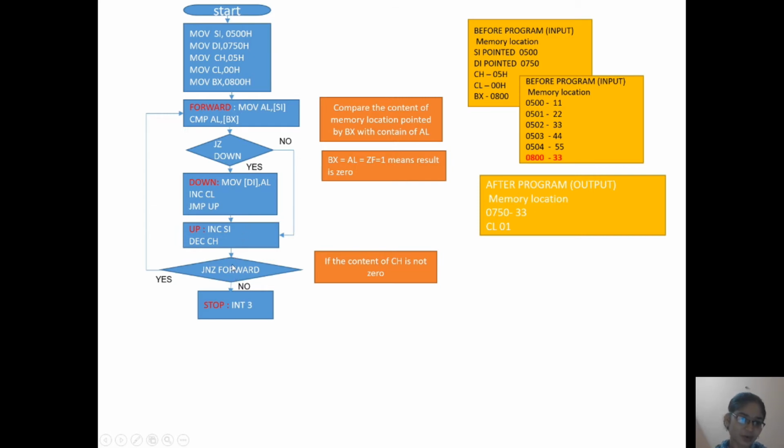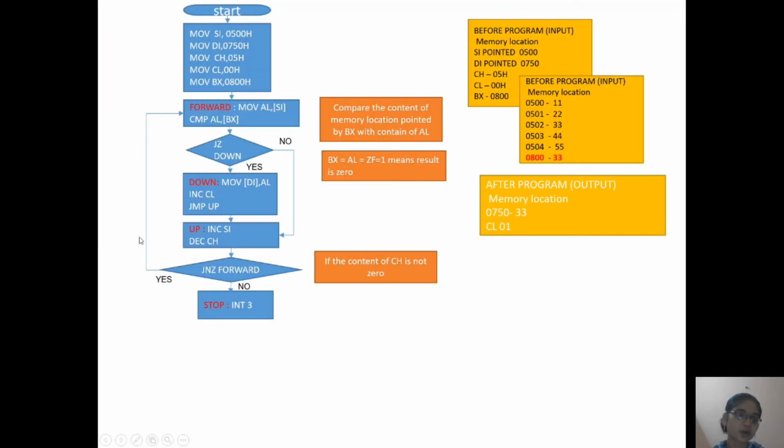And again the program comes to this. If the content of the CH register is not 0, then only the program comes to the forward label. Otherwise the program comes to this stop label.